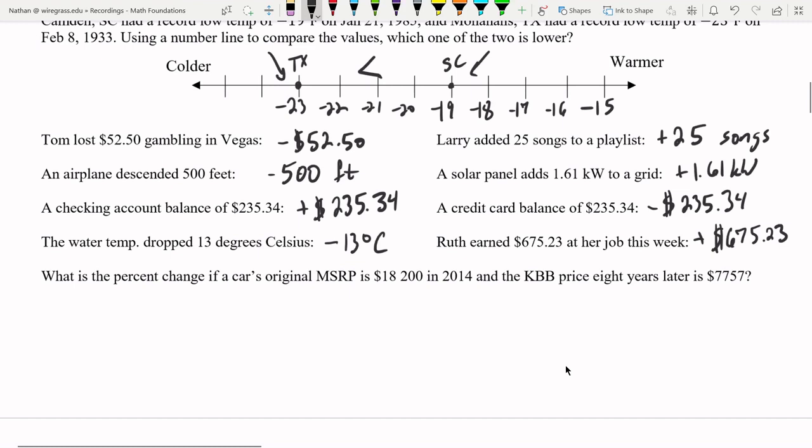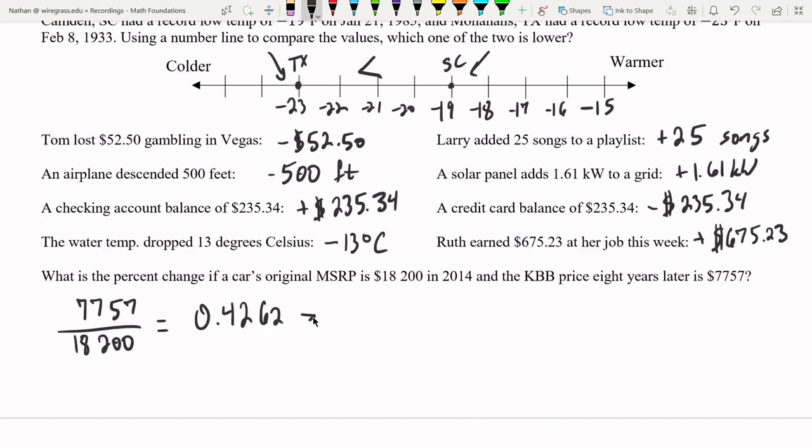Okay, what is the percent change if a car's original MSRP is $18,200 in 2014 and the Kelley Blue Book price 8 years later is $7,757? So percent change, we always think of it as final divided by initial. Well, the final is going to be the later price, which is $7,757, divided by 18,200. So I'm going to use a calculator for this to get the percent. And I'm getting 0.4262 or